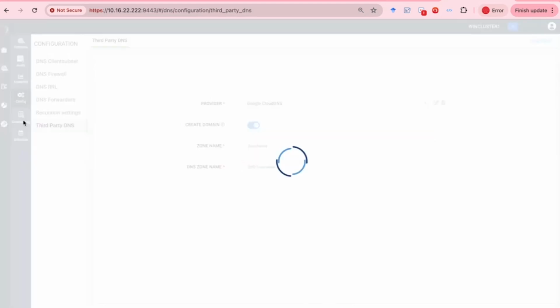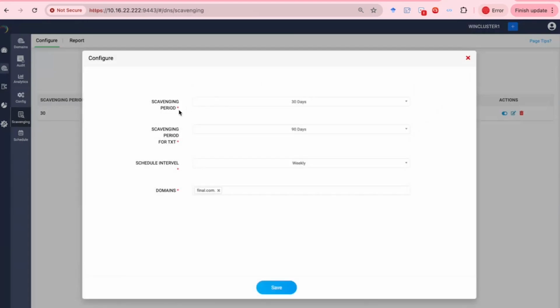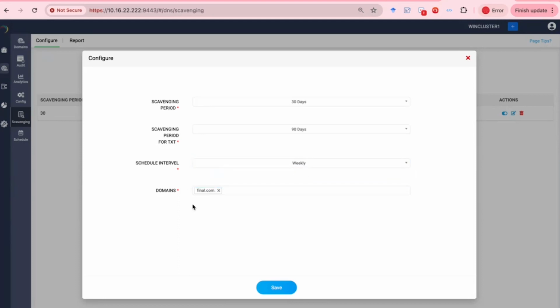So we have a scavenging option over here. You'll have to configure the scavenging rules. So you can configure the scavenging period. If you say 30 days, when you set up this scavenging, it searches for stale records that have been inactive for 30 days, and it will search for TXT records that have been stale or inactive for 90 days. And when you choose a particular schedule interval, it will do this whole search on a weekly or monthly basis. So you can select the domains upon which this schedule has to be activated,